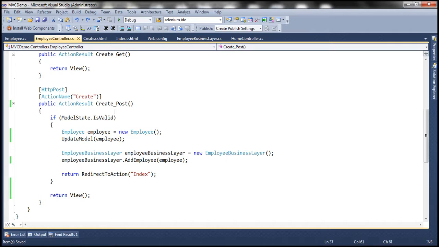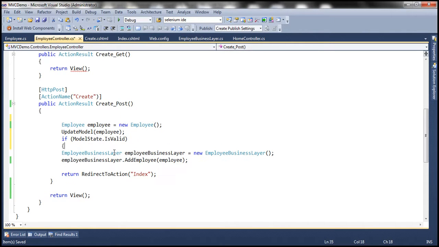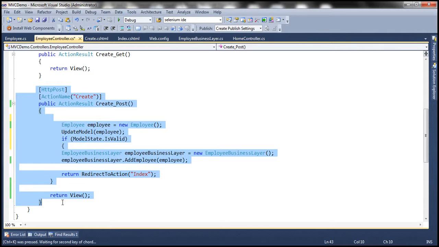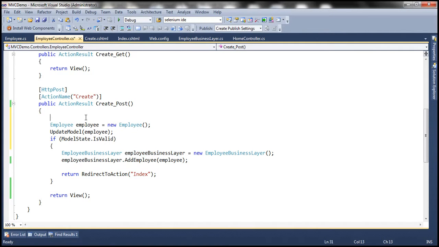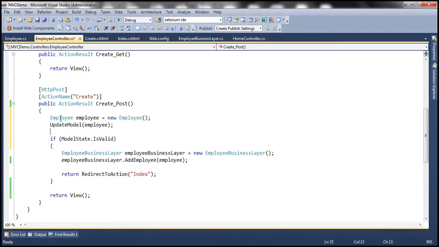Let's make a simple change to this create post controller action method within the employee controller. Now, I want to move this condition from there to here. And let's format this code properly, and to do that, select the code and press Ctrl K T. So what are we doing here? After we invoke this update model function, we are checking the model state. Okay, let's quickly run this with this change,